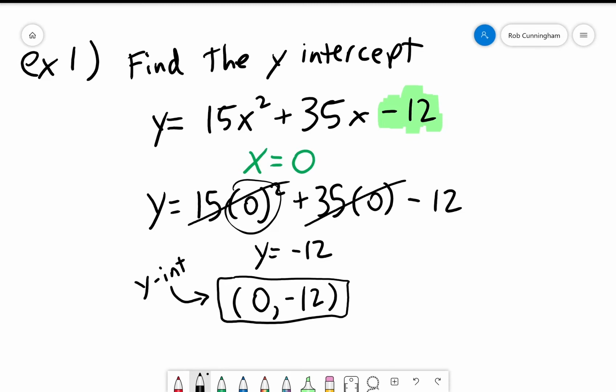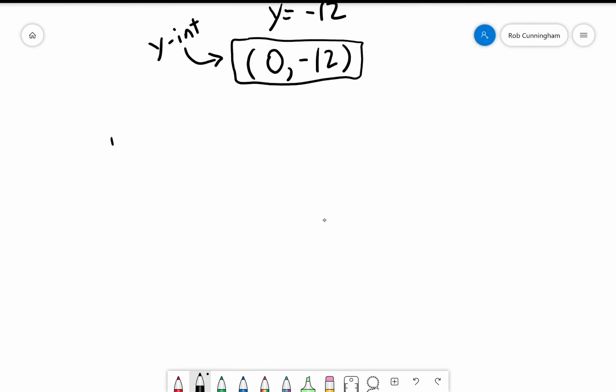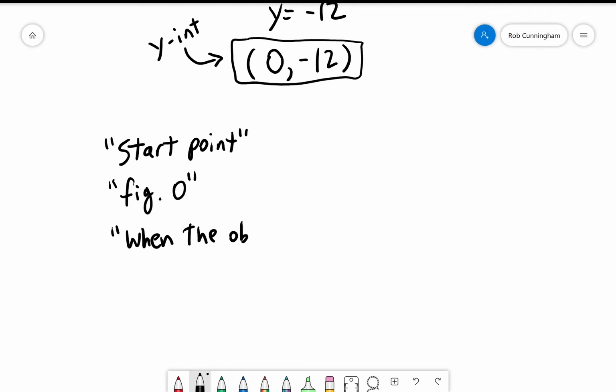Now, when do we find the y-intercept, right? Other than when I say find the y-intercept, that's obvious. But a lot of the time in word problems, they don't specifically say find the y-intercept. They'll instead say things like find the start point, right? With our tile patterns, it was figure 0. If we're talking about a ball flying through the air, which we will, you could say when the object was thrown. In all of those situations, basically what they're saying is when we start the timer,